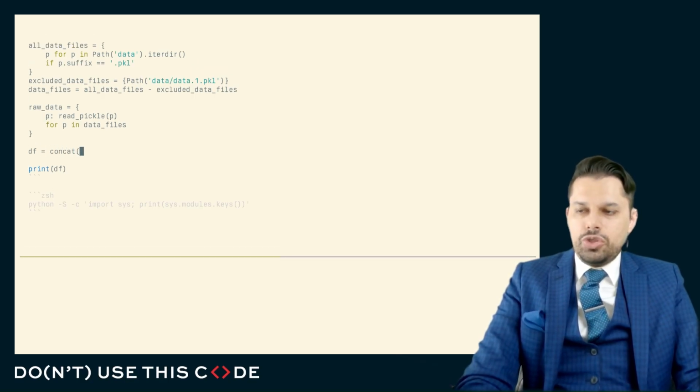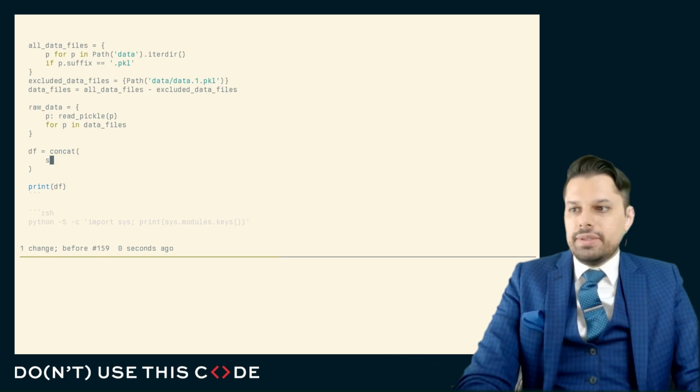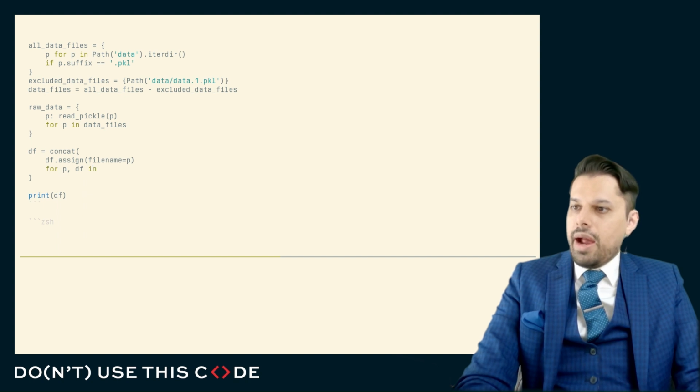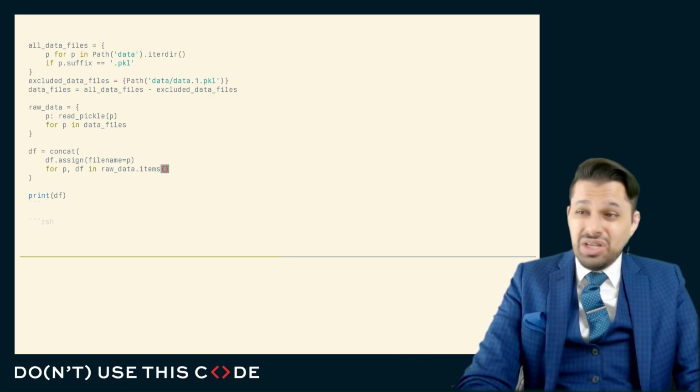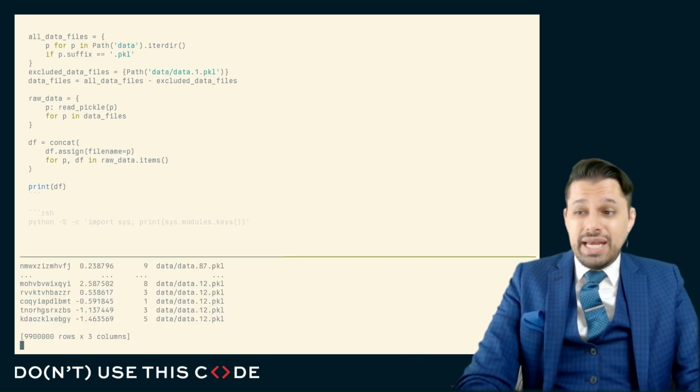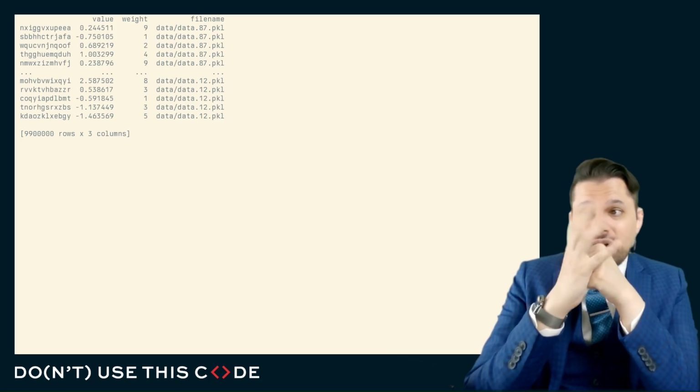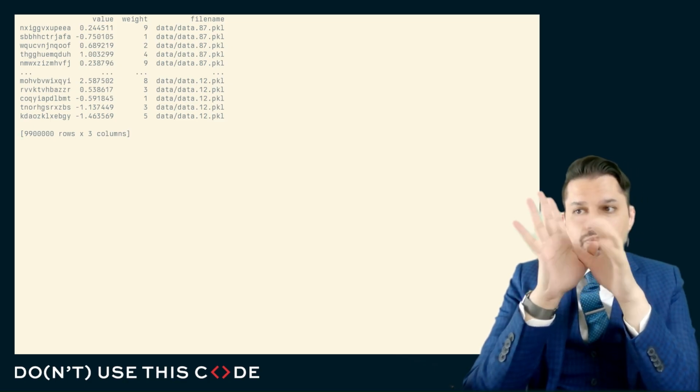So here, this would just be a concat, and we're actually going to do a little bit more work here than just a normal concat. We're going to say this is a data frame for each one of these in our raw data items. And we can see from the speed of this code, it's not particularly fast. Just that data loading is actually quite slow to get our 10 million or so